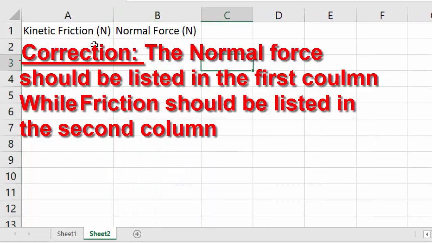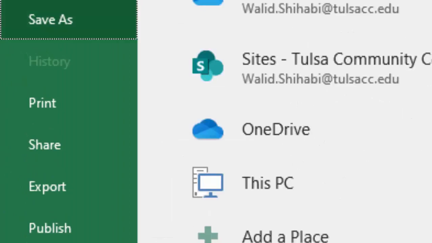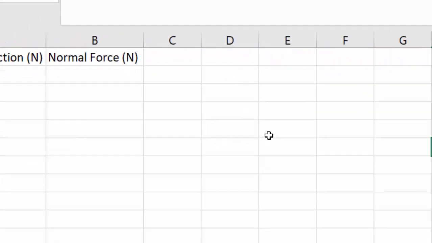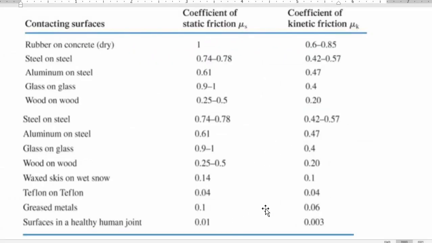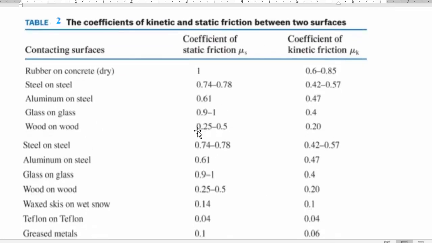And input the data. Make sure you follow the steps of plotting a straight line graph, finding the slope, the y-intercept, the equation of the graph, and fit the points using the trend line feature. Then you can save it. Click Save As and save it to your hard drive, and you'll upload it to the pertinent question in the lab assessment. Now, since the slope is equal to the coefficient of friction, using this table here in the procedure document, you'll be able to tell what type of surface and object you had